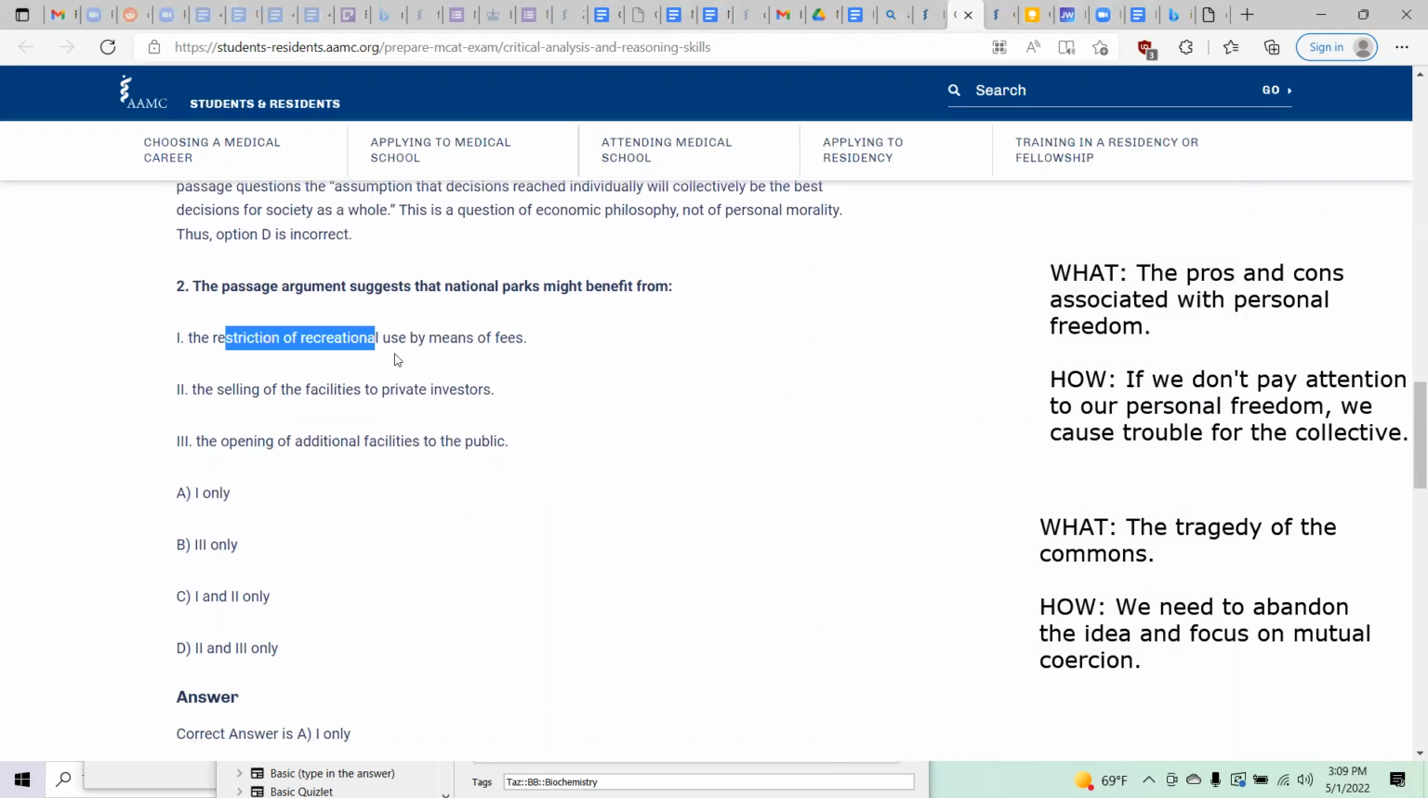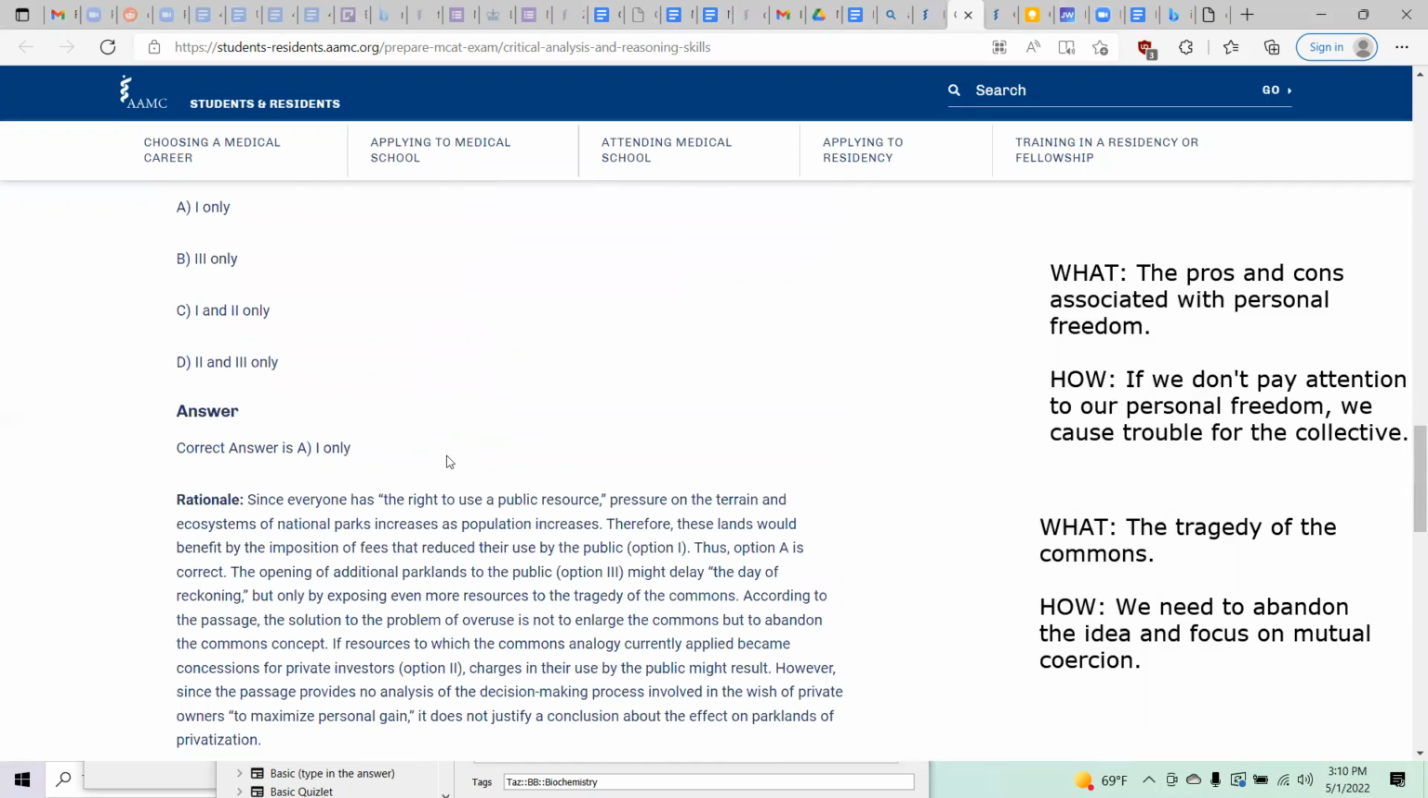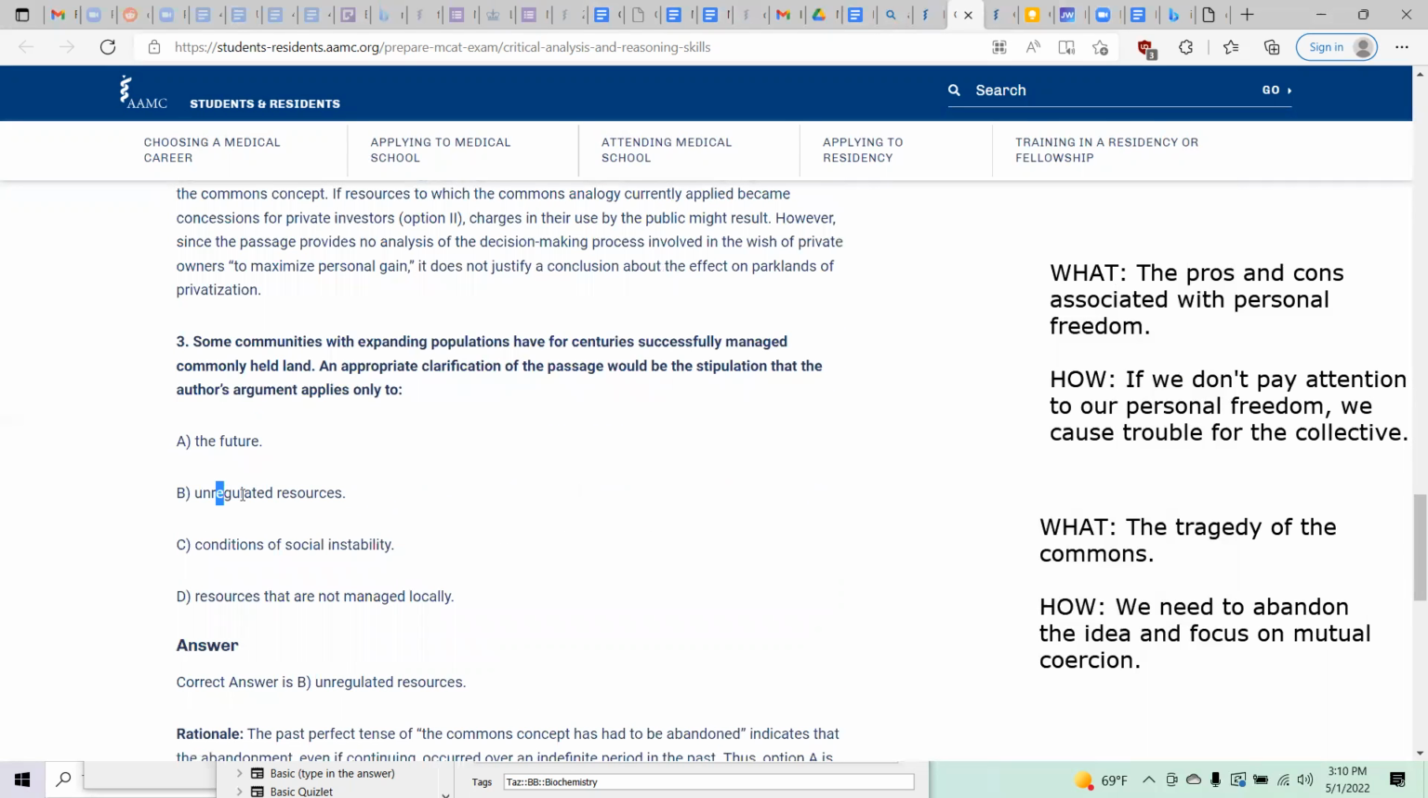Restriction of recreational use of the resources. Yeah, that's exactly what he's talking about. Oh, unregulated resources. That's exactly what he's talking about. Right. So that's the way you kind of